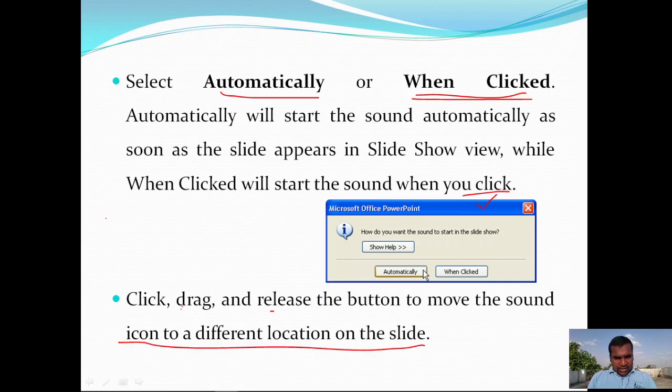So you can drag the sound icon from one place of the slide to another place. By clicking it you can drag wherever you want to keep that particular sound icon.